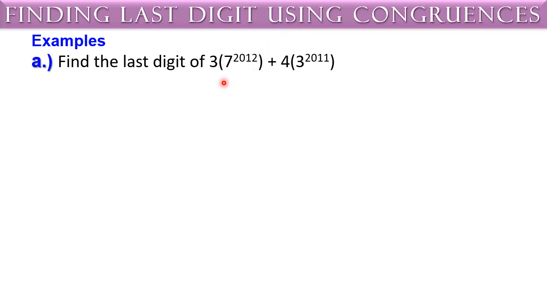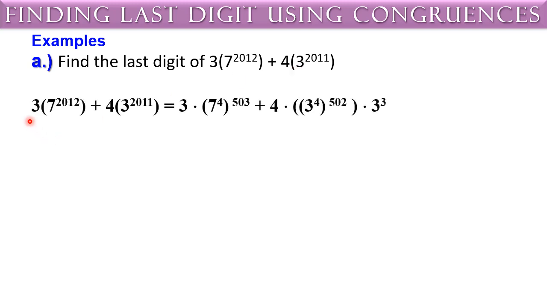Continue, we need to express our 7 raised to 2012 and 3 raised to 2011 in a way that we have 7 raised to 4 and 3 raised to 4 as well. Thus, we have 3 times 7 raised to 2012 plus 4 times 3 raised to 2011, which is equal to 3 times 7 raised to 4 raised to 503 plus 4 times 3 raised to 4 raised to 502 times